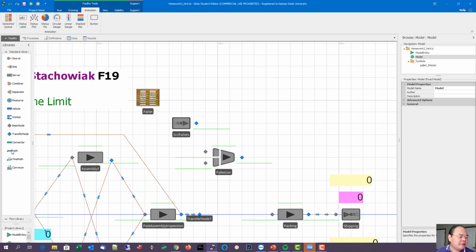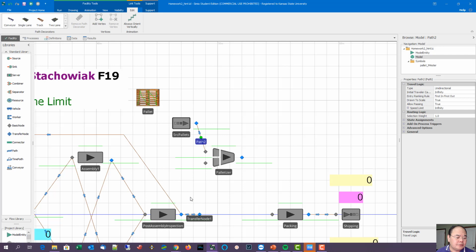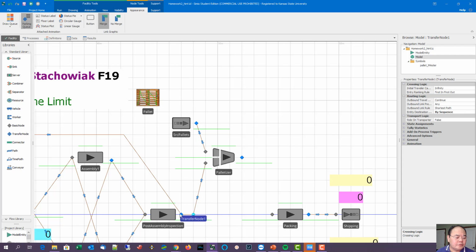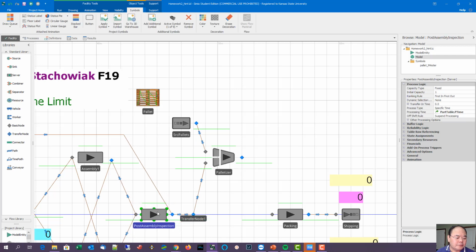Okay, and here all we have to do is linking these to here, a little bit over, so we can see that coming. Okay, so we palletize this,